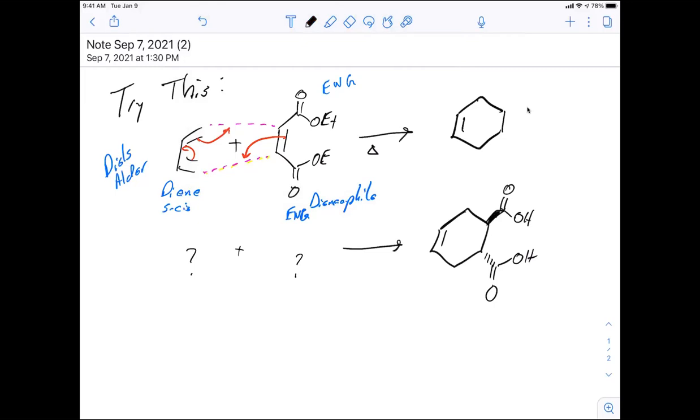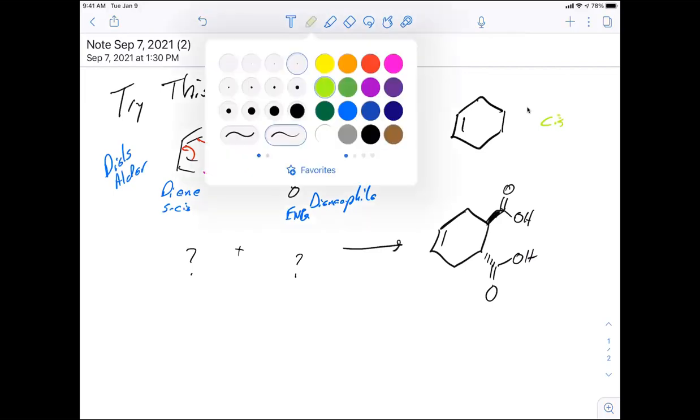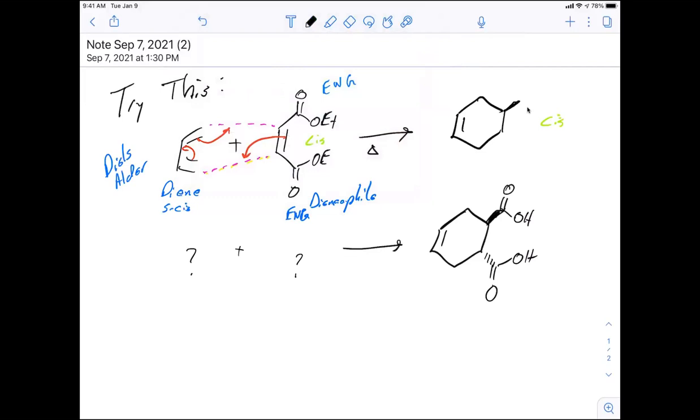And then if the dienophile is cis here, what does that mean about my product? It's also going to be cis. So therefore, I want to put my 2 esters on here. They can go either up or down. There's not a bicyclic here, so there's not going to be a distinguishing characteristic between these two. But there I have them both up. You could have drawn them both down. It was actually the same molecule